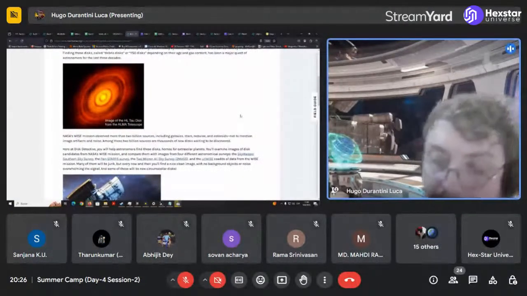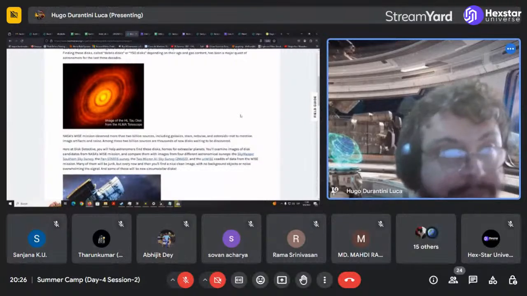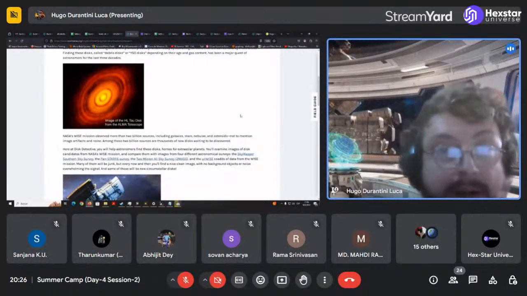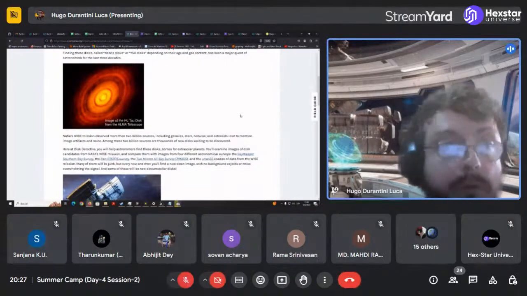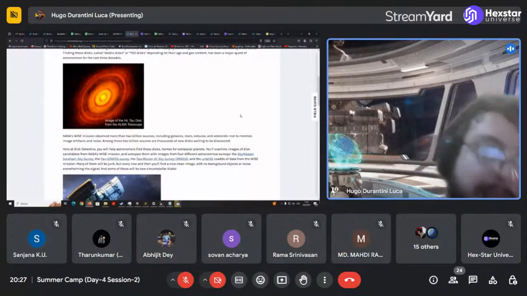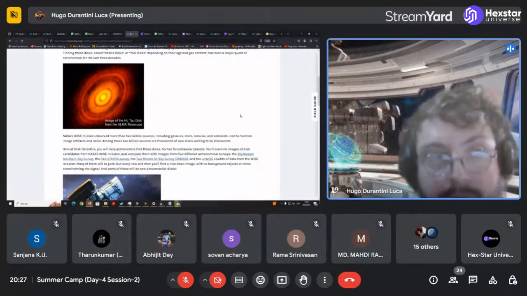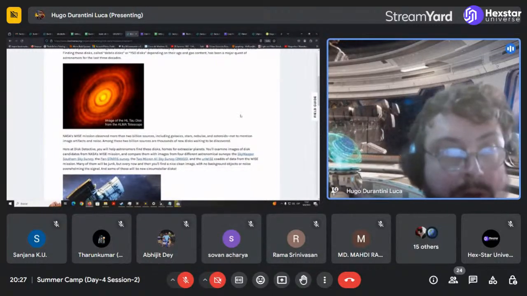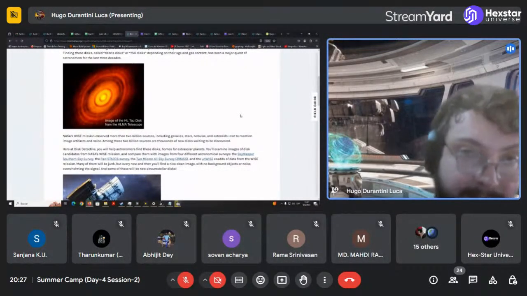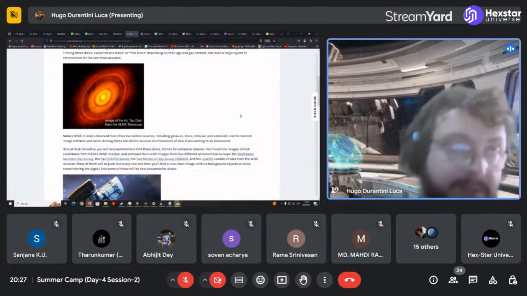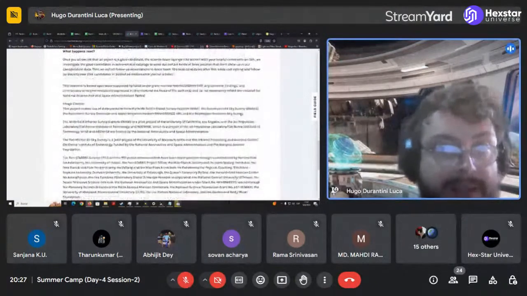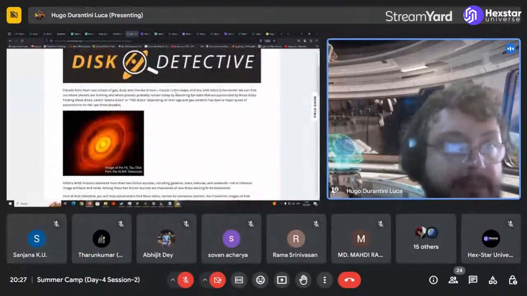In the case of Disk Detective, the idea was to find planet-forming information or systems with planets already present, like our own solar system. Those are more tricky because they emit less infrared compared with a newborn system that is emitting much more infrared emission. But we ended up discovering some very interesting things in between those two stages. And how do we do that? Because yes, you have the data. What shape does that data have? Images.